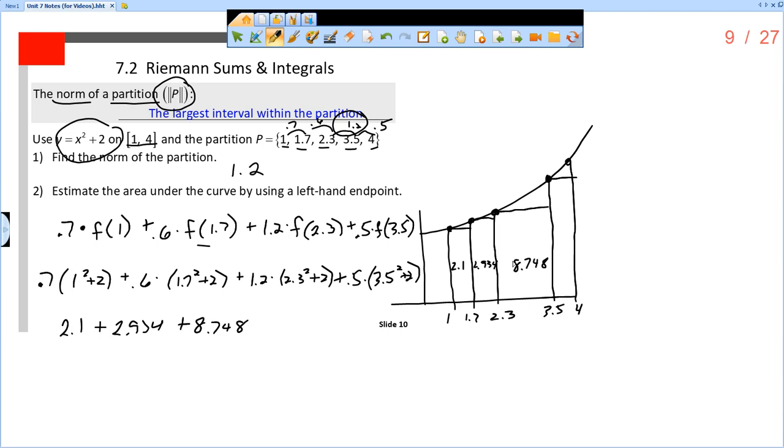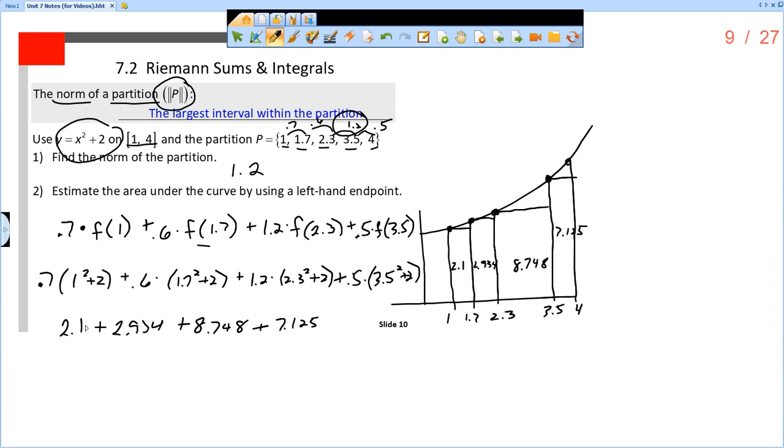8.748. And then this last one is found by taking 0.5 times 3.5 plus 2. So 3.5 squared plus 2, and then that times 0.5. And we get a value of 7.125. So 7.125. And then that is representing this area. And so this is